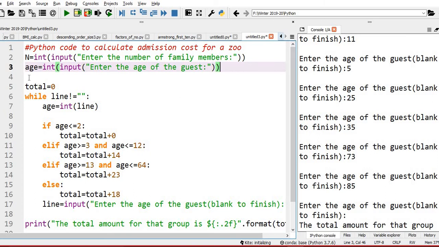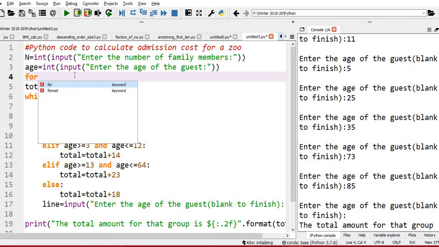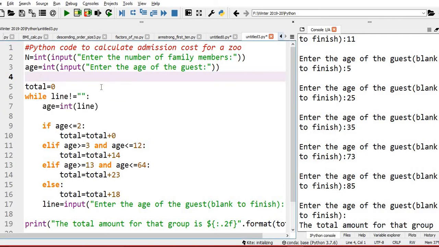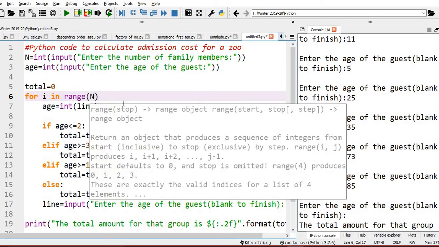So I'm running a for loop, and let me add it in a proper place. For loop, there is an indexing variable i: for i in range n.